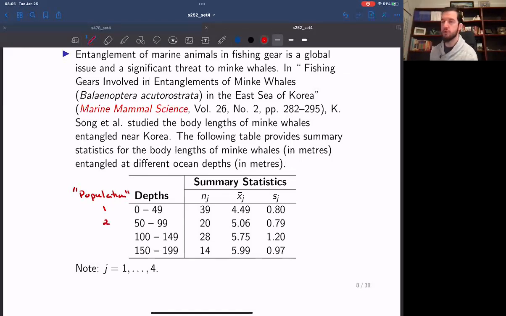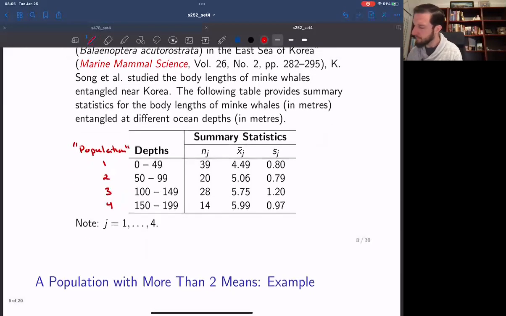And then our population 2 would be 50 to 99 meters. Population 3 would be 100 to 149 meters. And population 4 would be 150 to 199 meters. Okay. Now the question is, is there a difference between the population mean length of the whales at each depth? Okay. So we might ask,